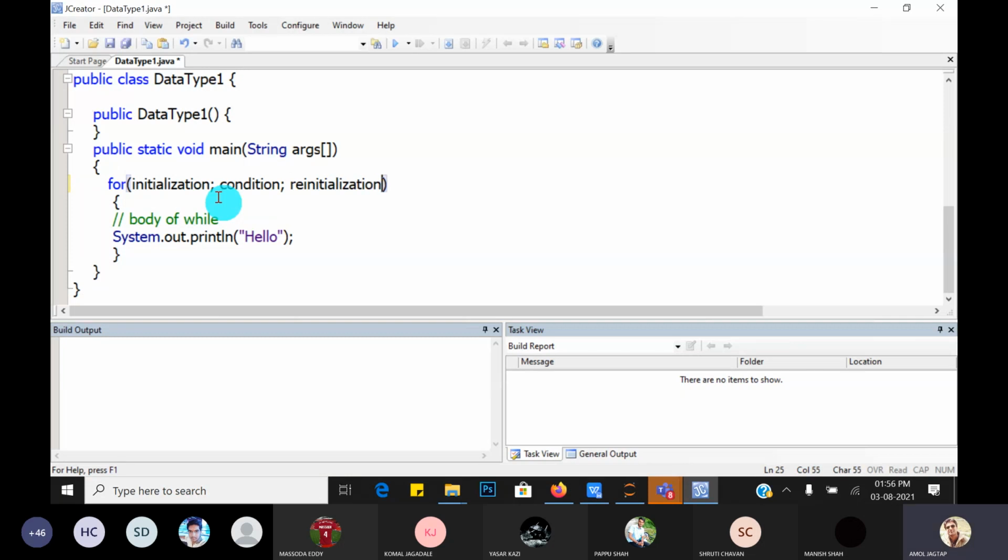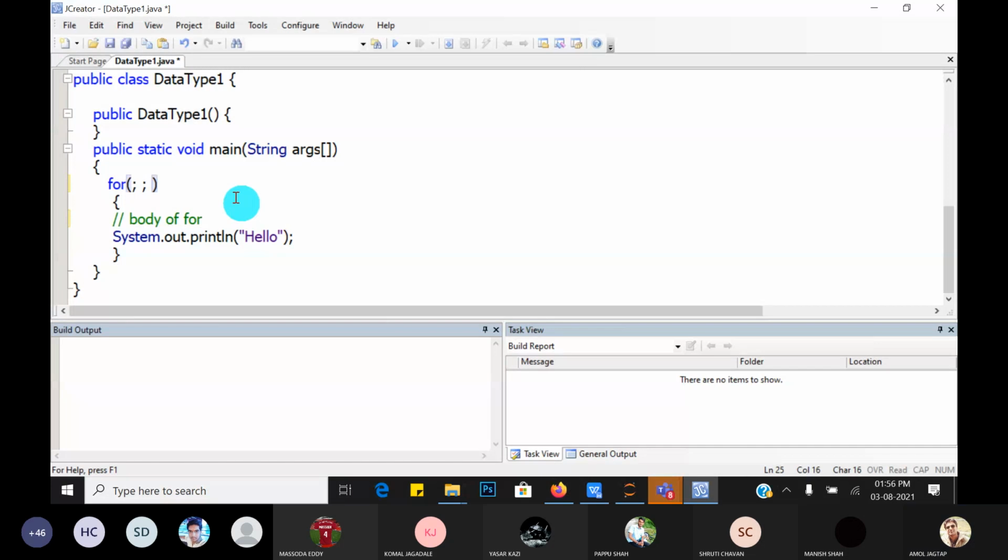So this is the syntax: the for keyword, parentheses, initialization, then condition, then reinitialization, separated by semicolons, and then write the body of the for loop. Now tell me, if I remove these, there is no initialization, no condition, no reinitialization. So guys, what is the output of this program in Java?